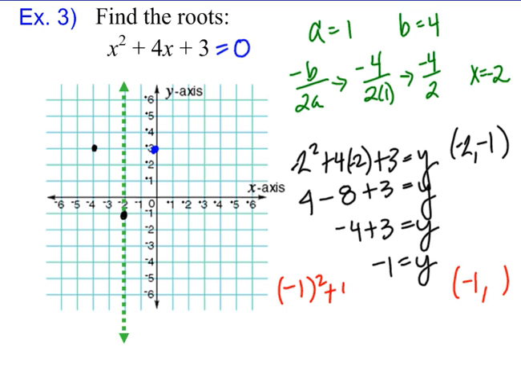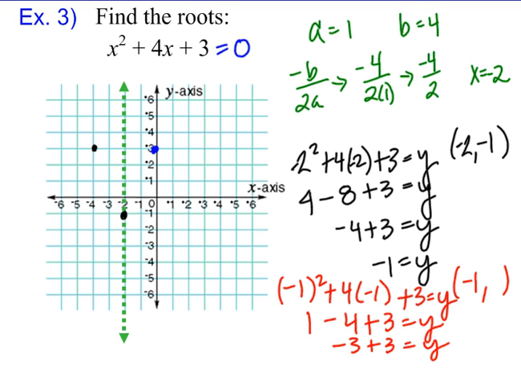Negative 1 squared plus 4 times negative 1 plus 3. Let's find out what that equals. 1 minus 4 plus 3. 1 minus 4 is negative 3. And our suspicions are true that that does equal 0. So we're at negative 1, 0. And then 1 away on the other side. So if we draw a parabola through those points,